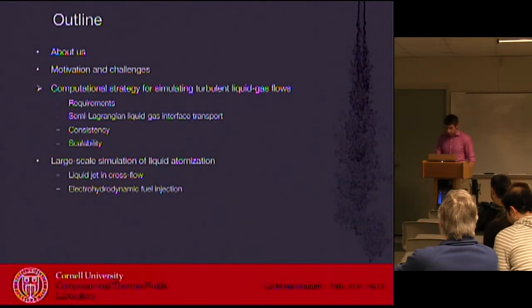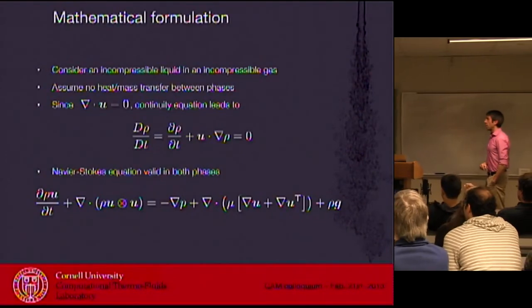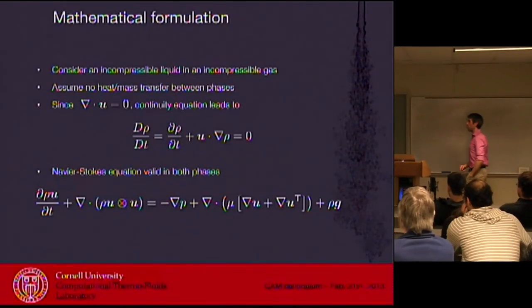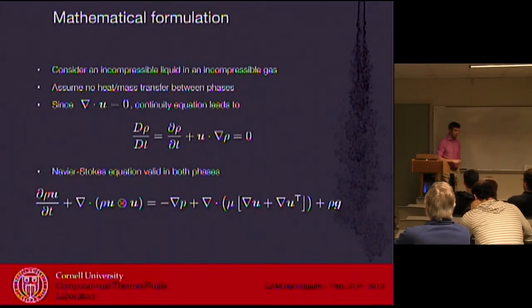And so I'm going to say a few things. First, I'll set the stage. We'll just write down the equations, and we'll start making a few assumptions. First, we'll say most of those dynamics can be handled using an assumption of incompressibility. Those are fairly low speed flows, regardless of the level of turbulence. They're still low speed. So we're going to assume that everything is incompressible. We're not going to worry about phase change. We're going to simply deal with a liquid and a gas. Those are two immiscible materials separated by an interface, and we're going to be assuming that everything is